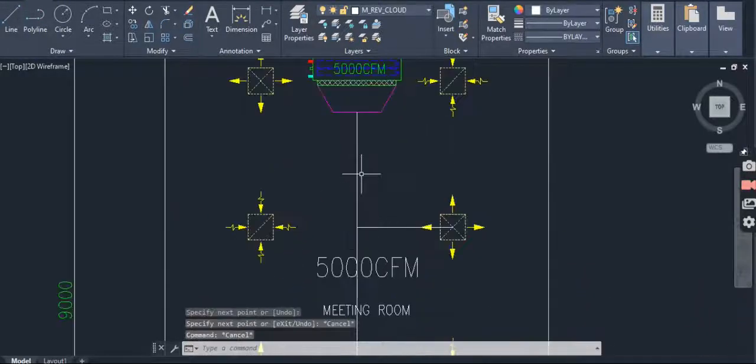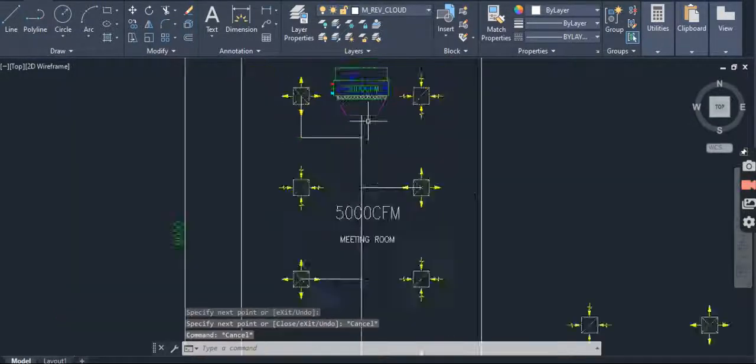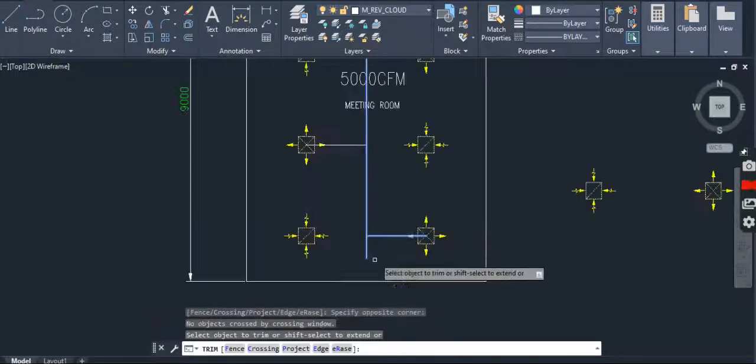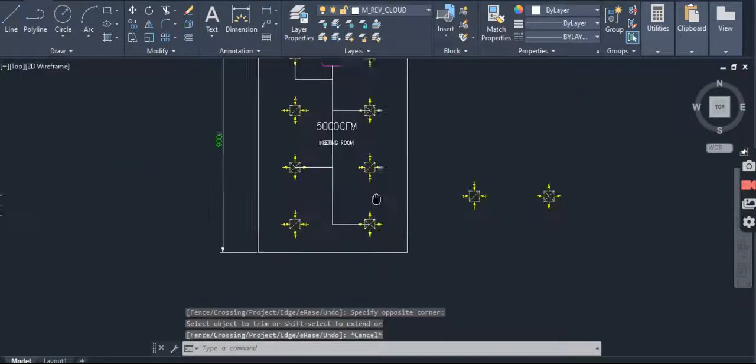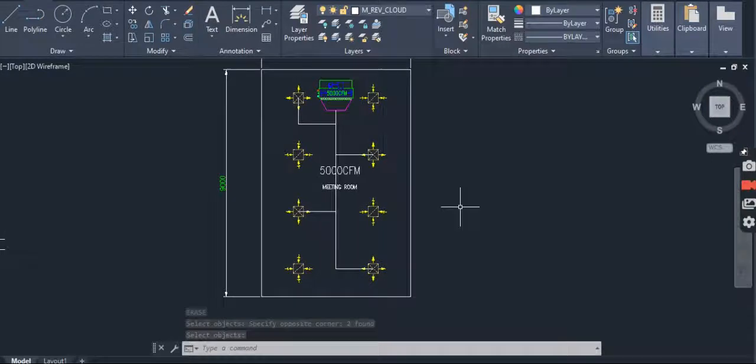Okay, and this is our supply line. You can see this will need to be trimmed. So please keep on watching my next video, I'll go into very detailed